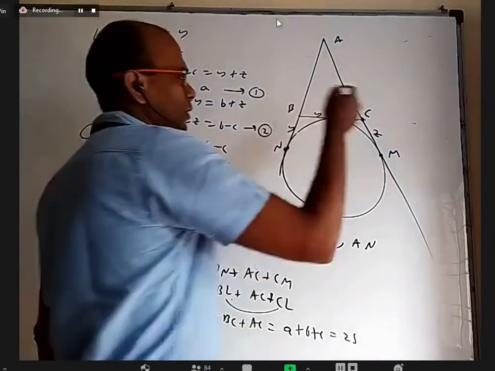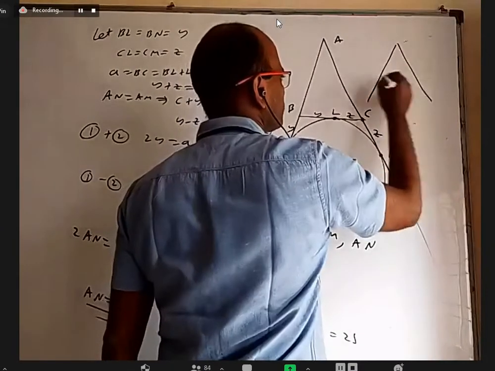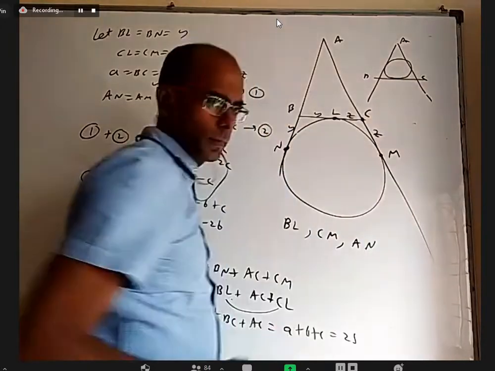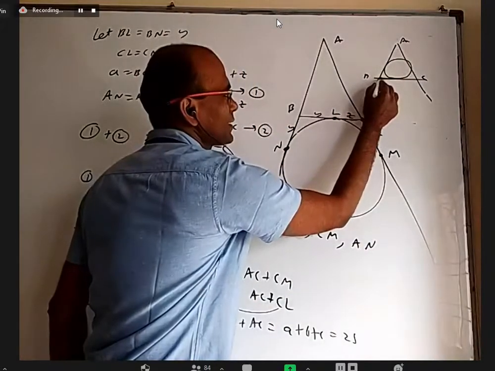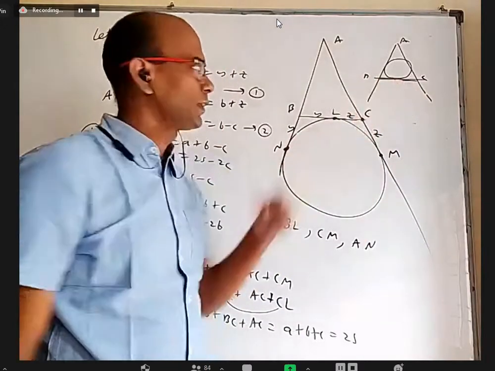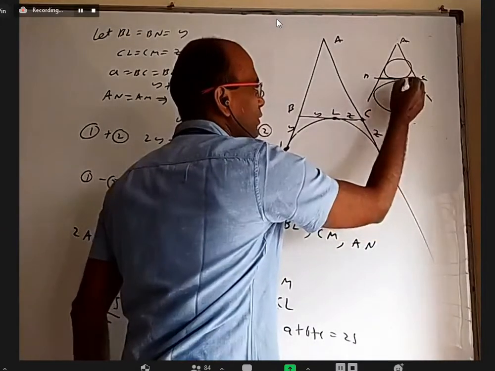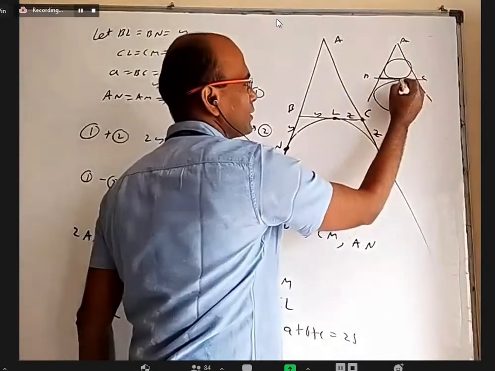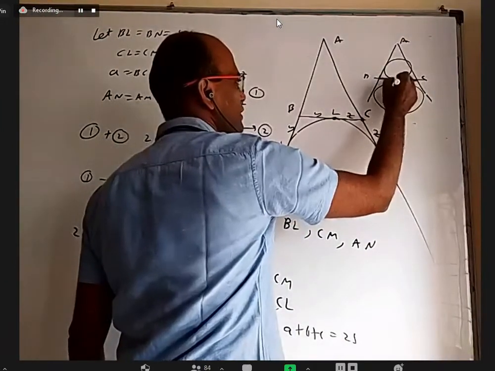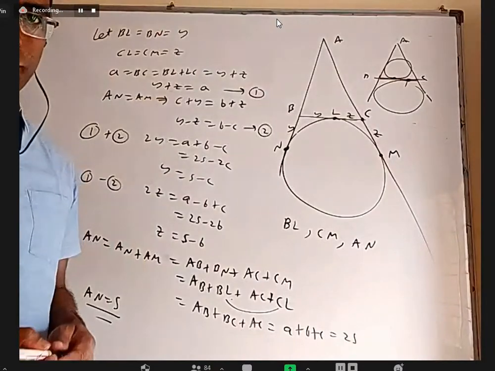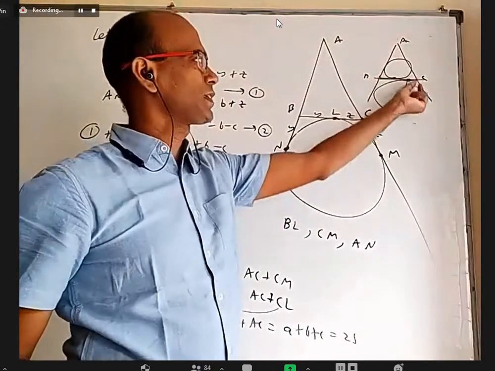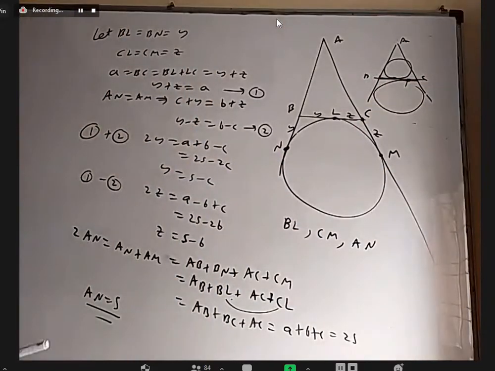Something quite interesting compared to this previous figure and this. You take the incircle and this is ABC. At that time, this length is S minus B and this length is S minus C. When you take the excircle, we got this is S minus C and this is S minus B, reverse. So where the excircle is touching and where the incircle is touching are two different points. First case it is S minus B here, S minus C here. Second case it is S minus C here and S minus B here.